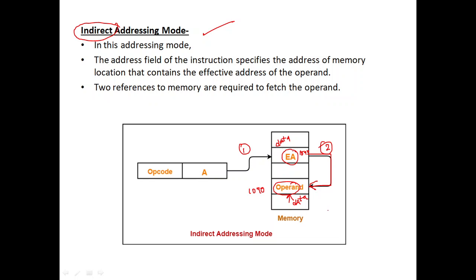If we are dealing with memory, we call it memory direct addressing mode and memory indirect addressing mode. Instead of memory, if we store in the register, then we call it register direct addressing mode and register indirect addressing mode. In any sort of addressing mode, in register or memory, directly in the sense, we have only one reference to the memory location. When it is indirect, two references need to be done to the memory location.